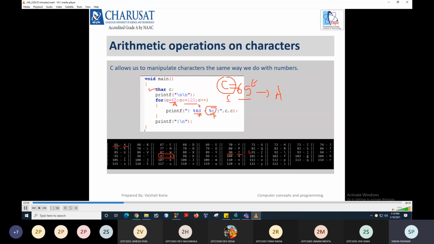If you don't want to print those random characters, then if the value of C is 91 to 96, you can use the continue statement. So continue will skip those iterations, and your output will be from 97 and small a.